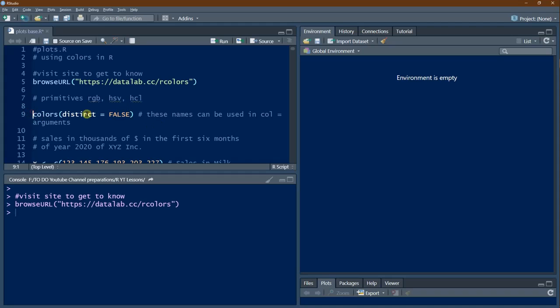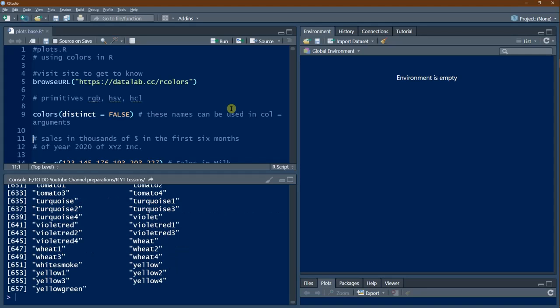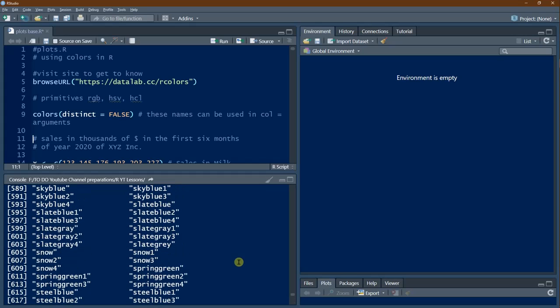Now we can use a function called colors. So RStudio tells us 657 colors which you can use in the functions like slateblue2 or slateblue4, etc. Using that sheet which we have discussed here, you can have a glance at that color also, or you can use it and then try it. When you say distinct is false, it means some of these colors are going to give the same value. Names may be different. So you can see unique names means you have to say distinct is true. Then you will not get this many.